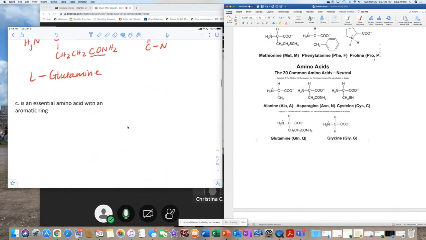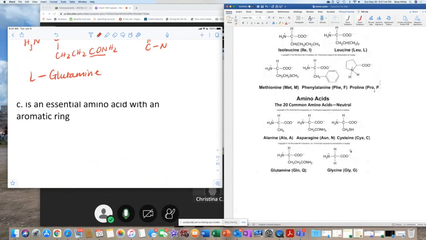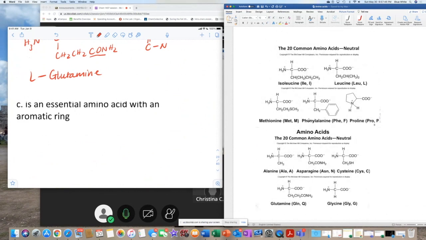Okay, so I'll leave this small. I hope you guys can see this. Let me make this a little bigger. Okay, so I'm looking for one that has an aromatic ring. That one there, phenylalanine. So I'm going to be drawing